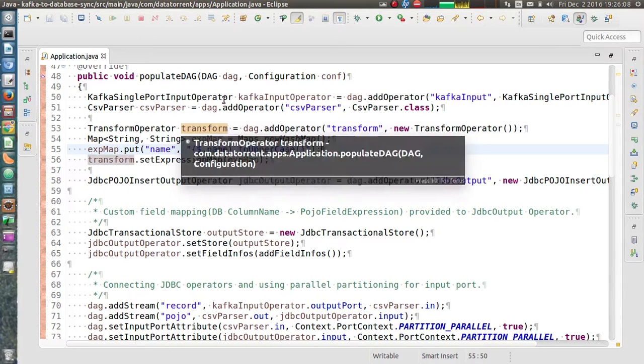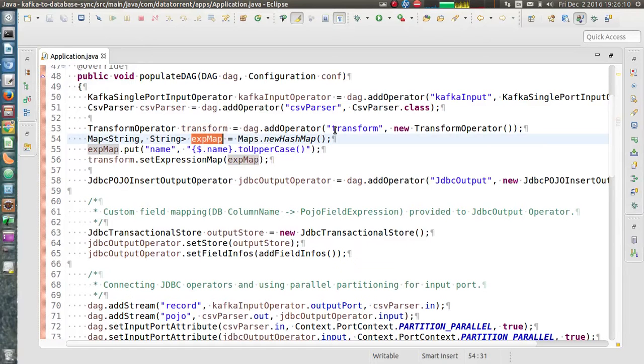That is the reason why we have this expression map, in which we specify the expressions for the fields in the incoming object, and here is my expression for the name field.